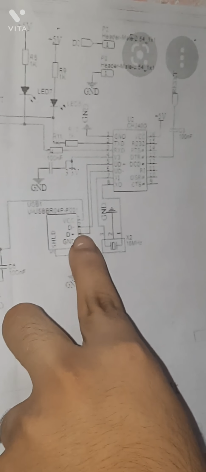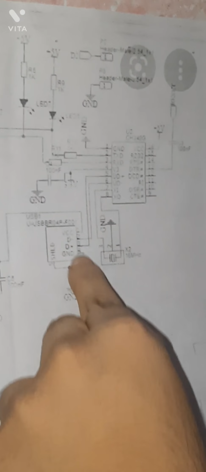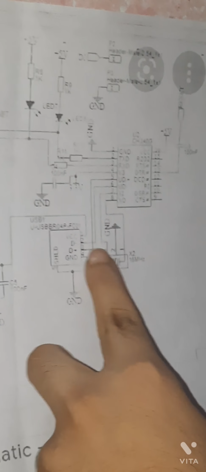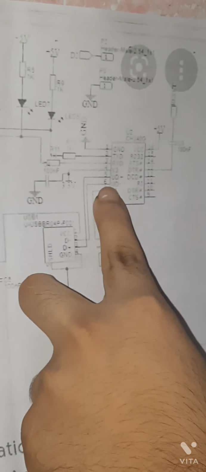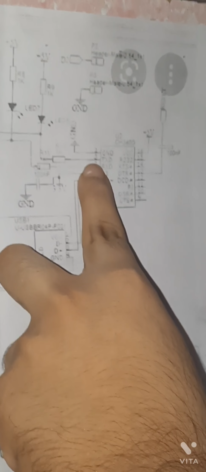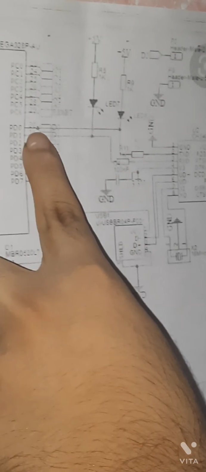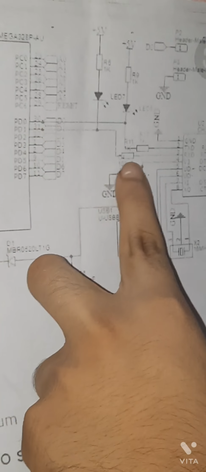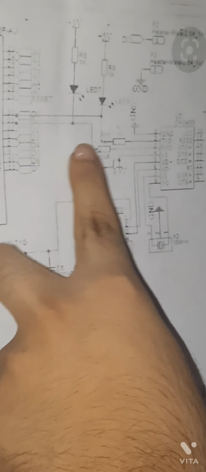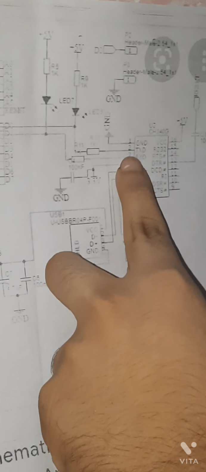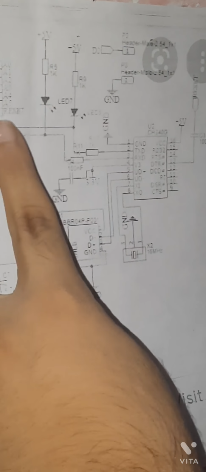And in this circuit, we see pin number 3 is connected to pin number 5, which means pin number 3 is our data line, and pin number 2 is connected to pin number 6, which is a clock line. And this IC's pin number 2 is connected to digital 1, which is our data input line, I mean the transmit line, and digital 0 is the data output pin, after this IC, to communicate back and forth.